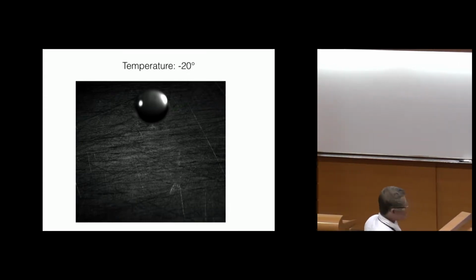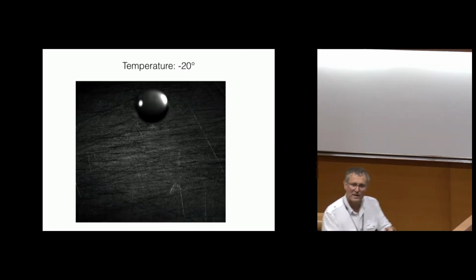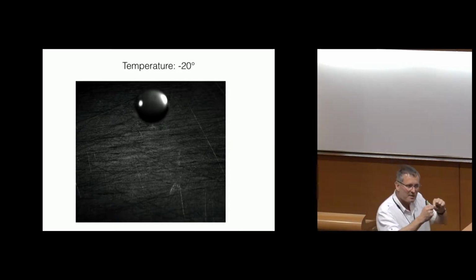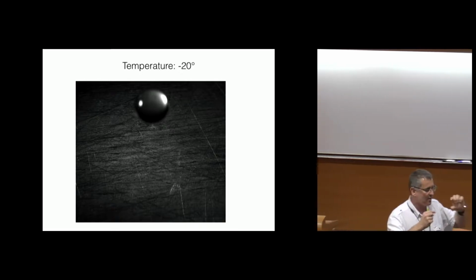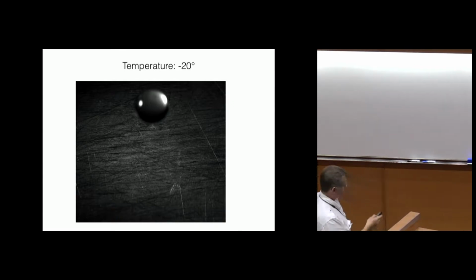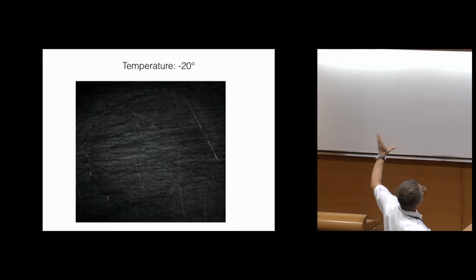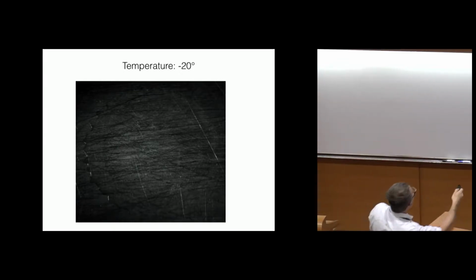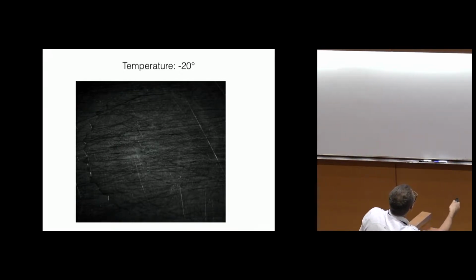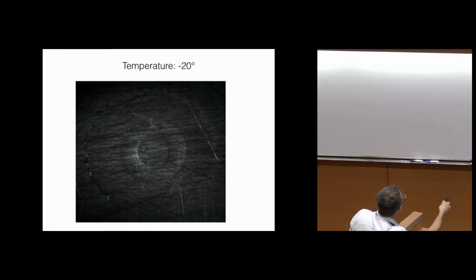So the drop will impact, and as the solid is very cold, you can imagine that at the contact, a very thin layer of ice will be formed, and then you will observe the dynamics of this impact. So you see the drop impact, we don't see very well. It reached a maximum radius, and now you can see this film of water that is retracting on the ice layer. So let me show it again.